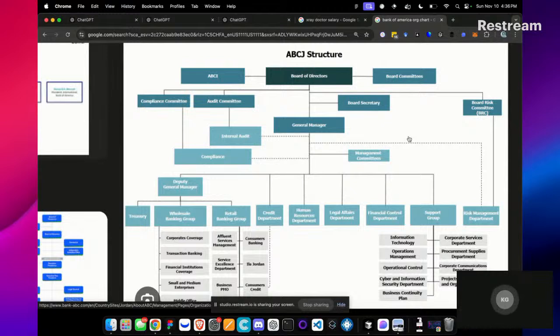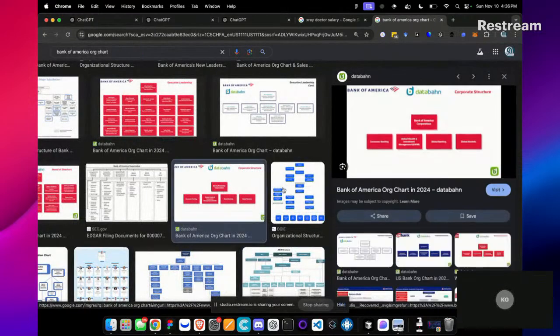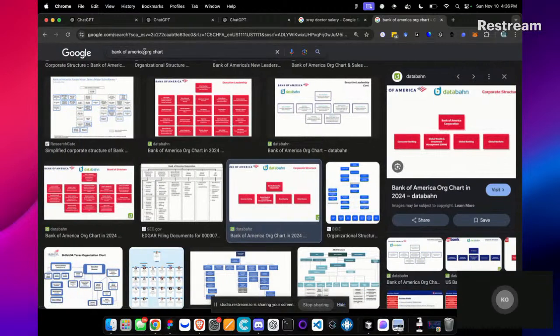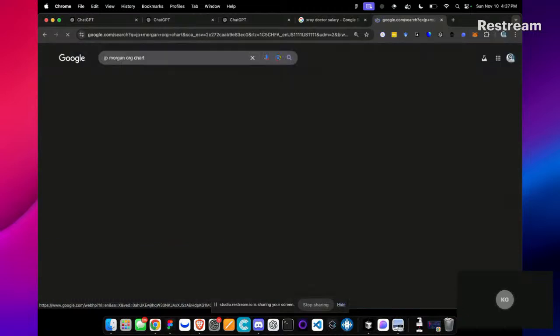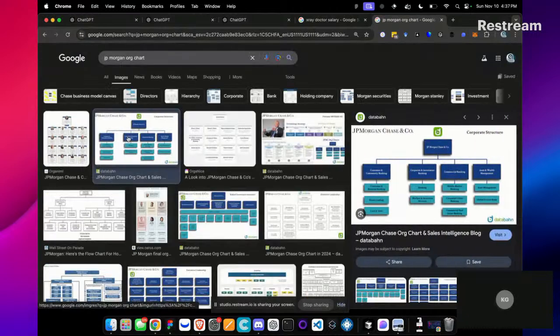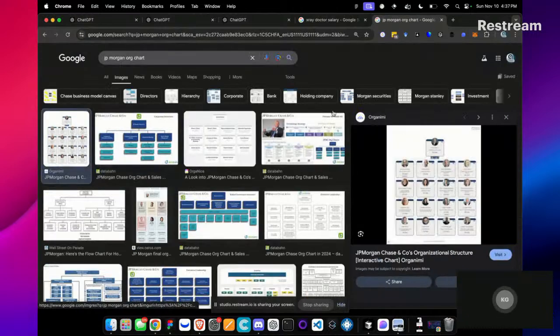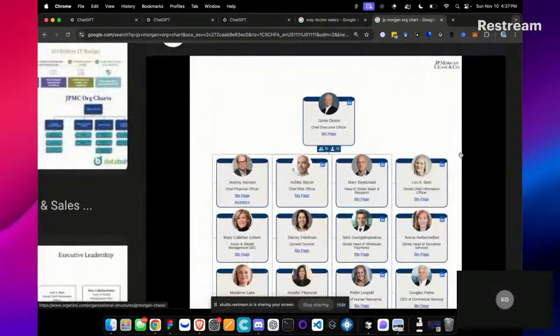This board of directors is going to talk to the general manager. It's going to talk to the board risk committee, audit committee, compliance committee, and then it goes down and down and down. Or we could look at another one and say, JP Morgan. Yeah, so that's a little bit better.